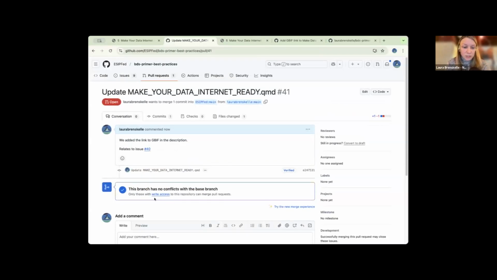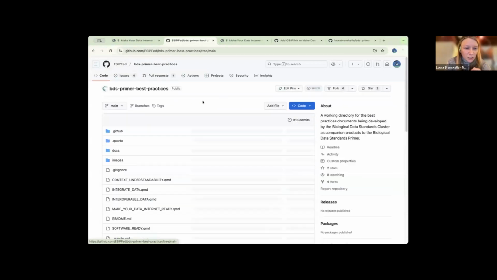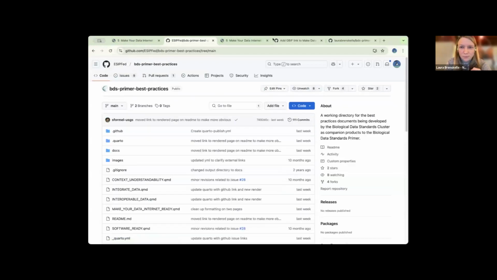And like Tim mentioned, GitHub does some checks to make sure we're not breaking anything by making this change. And it puts that here. I think the way the repo's set up, someone else has to approve my changes to make them active in the repo.